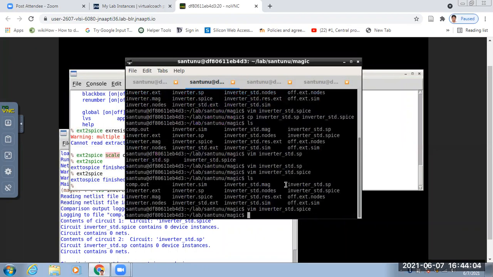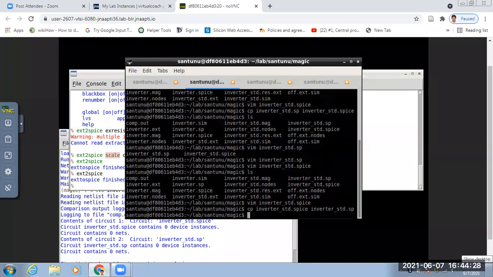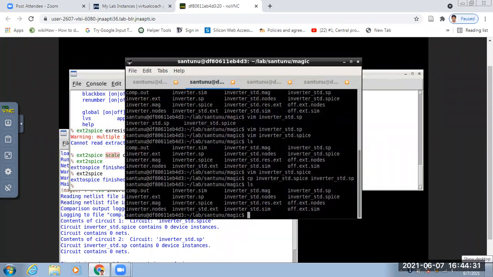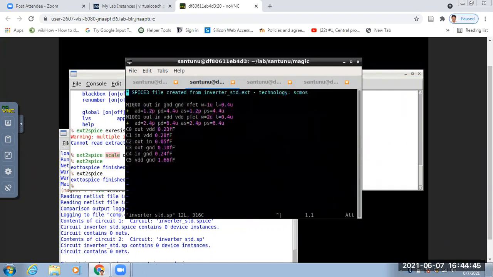Okay, so now cp spice to inverter_std.sp. Okay, ls. So now you can check vim inverter_std.sp. Okay, so same thing. Okay, so now you can check it.